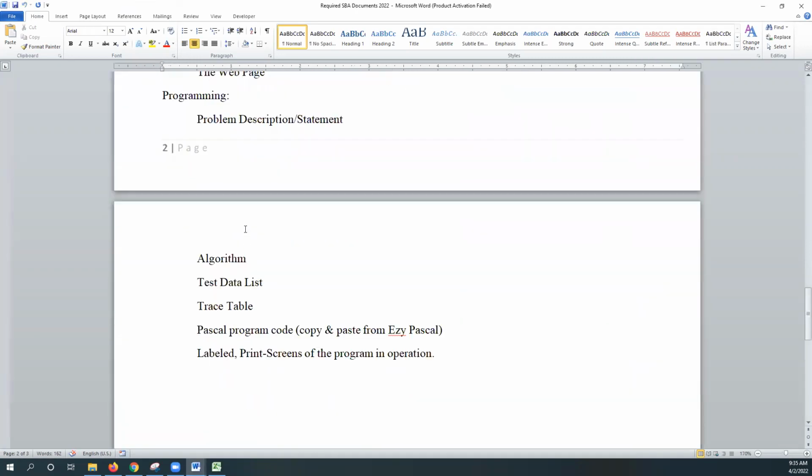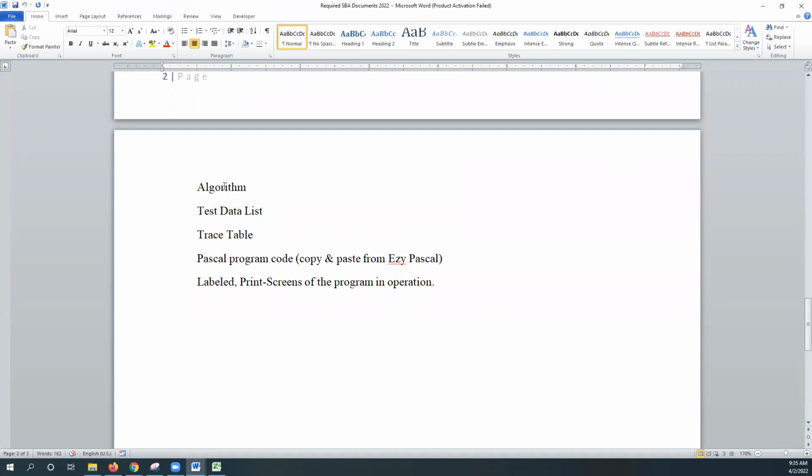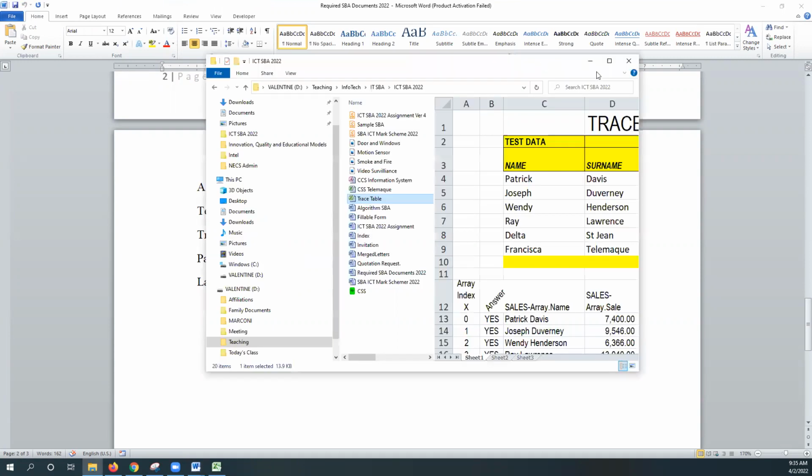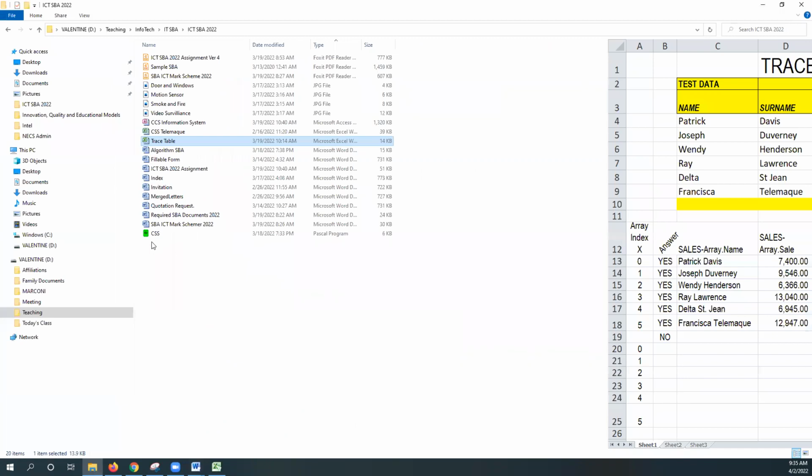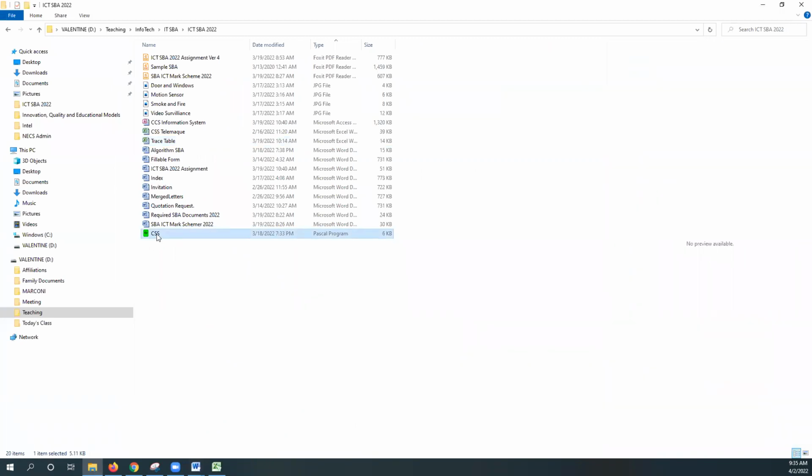we're going back to, notice I'm going back to the document to see what. So we have algorithm, test data list, trace table. Now we need the program code. In our program code, I have my program here. I'll open up my program, and in it,